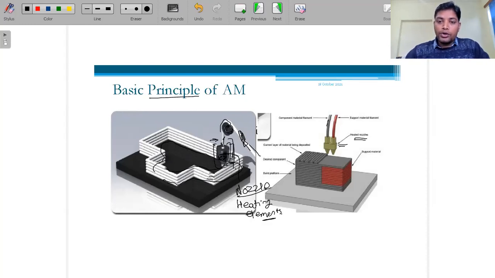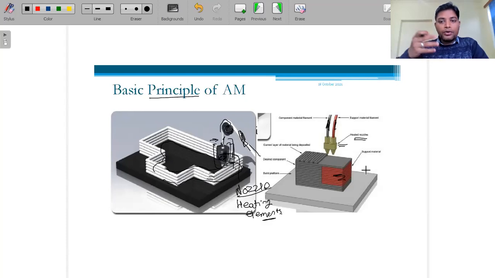This blue one, this gray one, is the actual material from which we create the jug, and this is the supporting material. Up to some height, the supporting material will be filled.